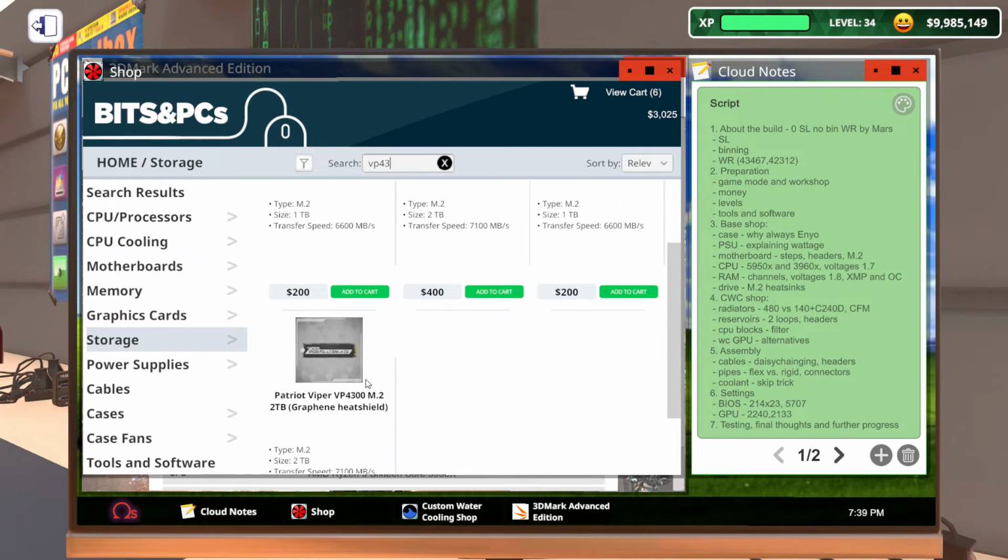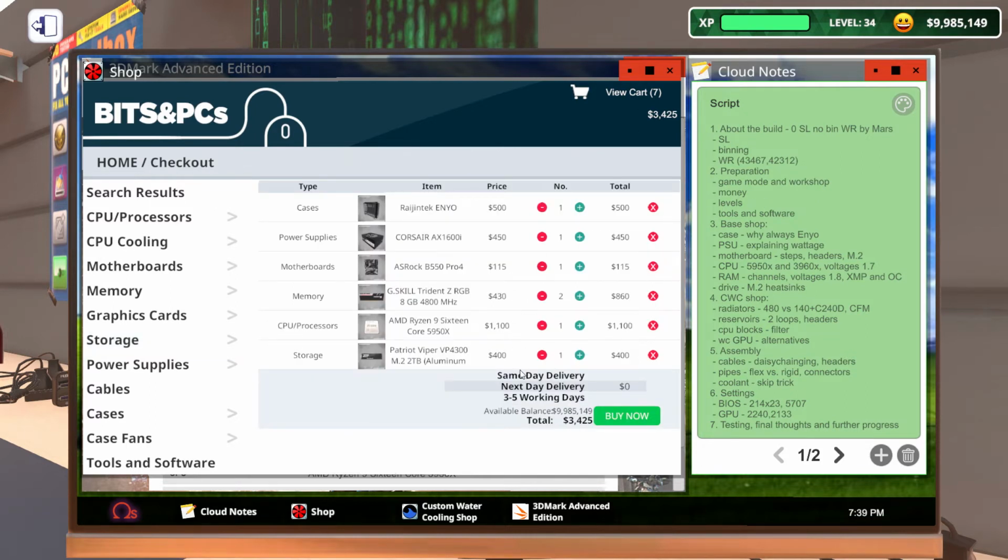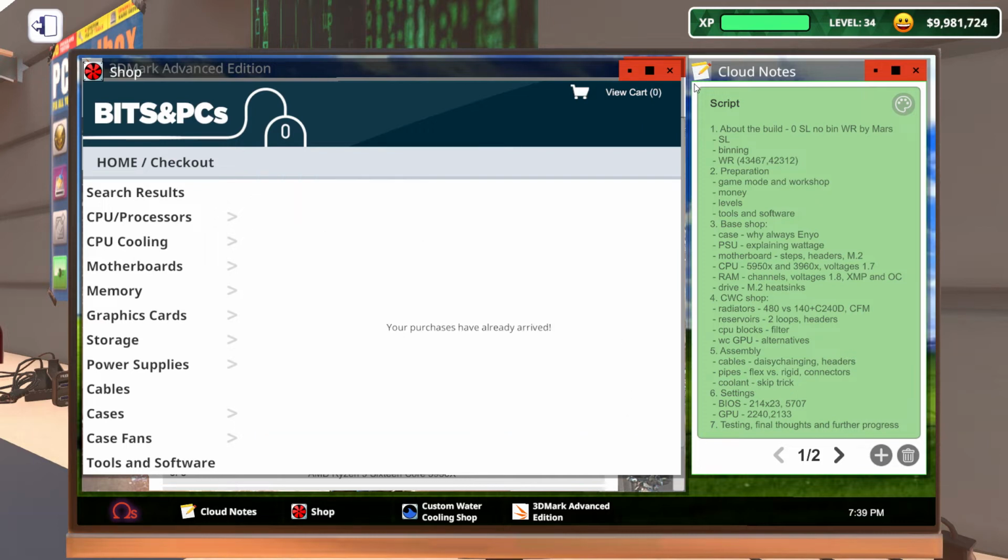And this has 2 versions with graphene and aluminium heat shield, since I just like the aluminum one better, so we'll be using this one. And with that added, we have added everything we need from here. It will come up to a total of 3,400 and we'll buy it with same-day delivery. Another neat feature of IT expansion is that you can turn off shipment costs, so even same-day delivery will cost us nothing. And we ordered that,